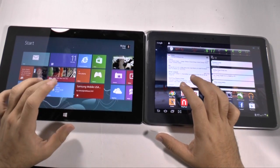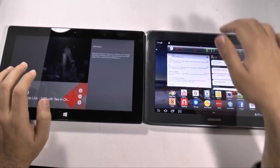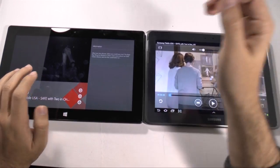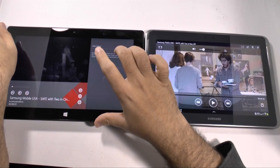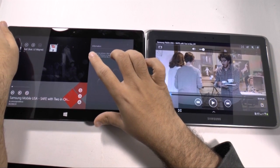Now let's go over the video quality. Now you can probably guess who will win this one simply because of the resolution difference, but let's go over it anyway just to make sure. Okay,